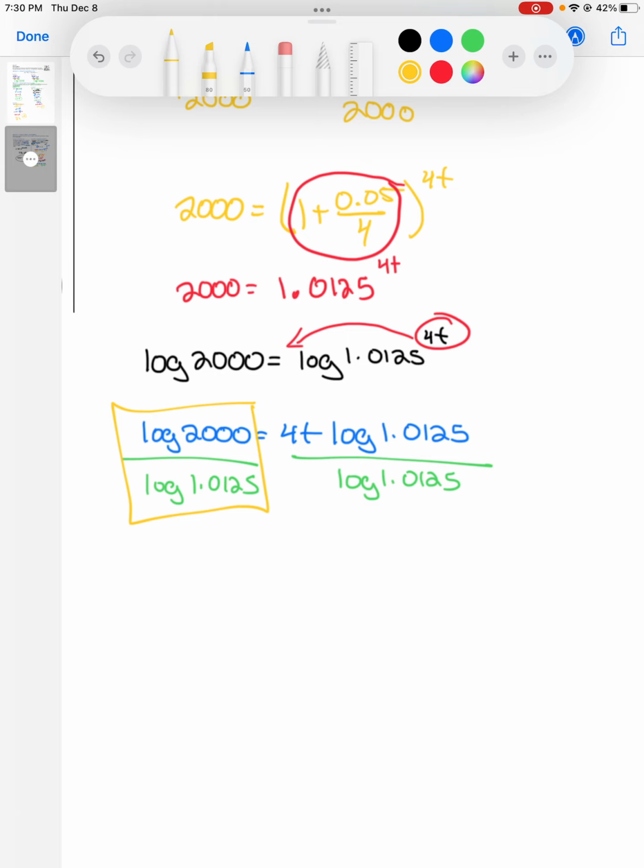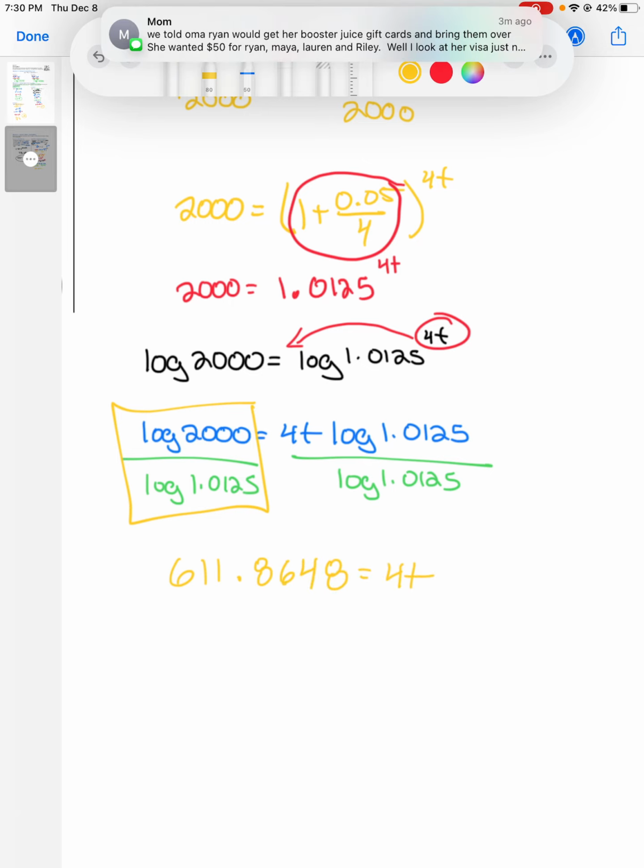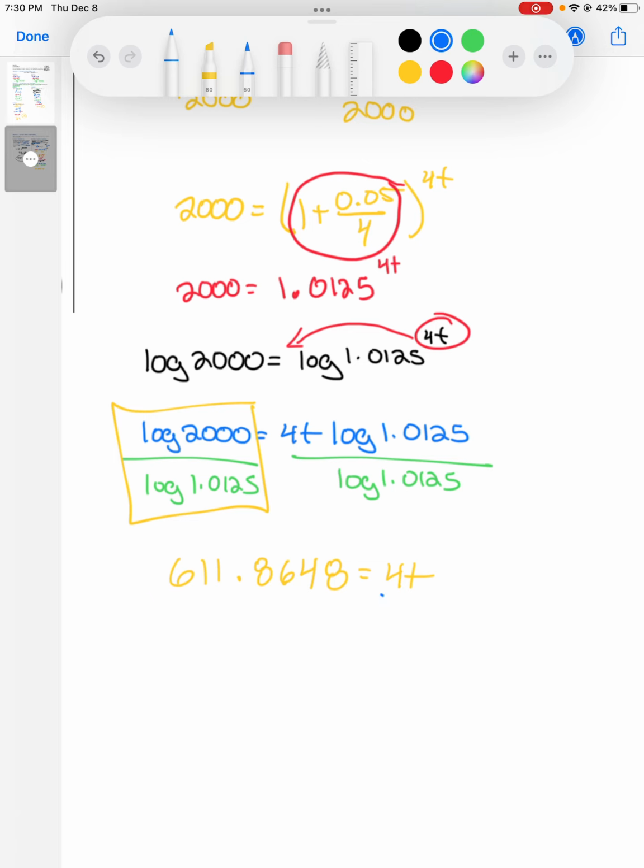Then I get 611.8648, and that's what 4t equals. Again, we need to divide by 4 so we get t by itself. And so we get t equals